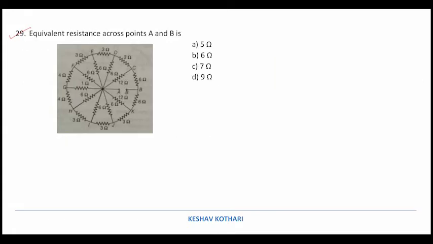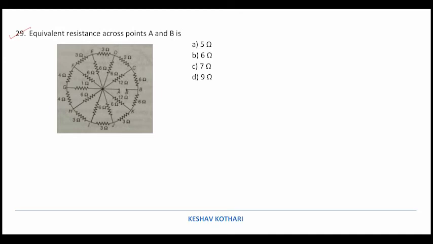So now we move on to the next question. Finding the equivalent resistance across the points A and B. In this circuit, if you look clearly, you will find that there is a symmetry between A and B, as corresponding to the 6 ohm resistance over here, we have a 6 ohm resistance over here, 3 ohm there, we have a 3 ohm here, 4 ohm here, we have a 4 ohm here, 6 ohm in between, we have a 6 ohm here in between, 12 ohm in between, we have a 12 ohm here in between. So I can say that there is a perfect symmetry in this particular circuit.